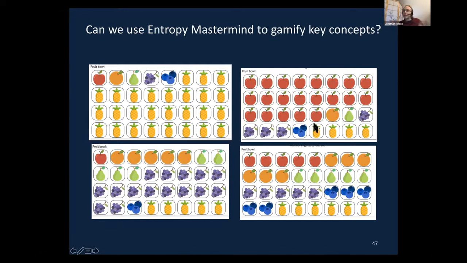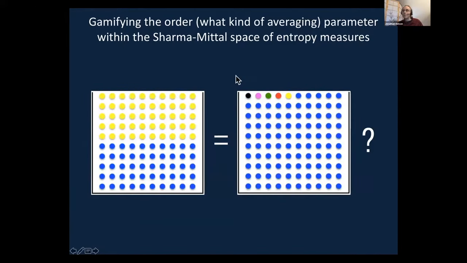So the idea underlying this work is that maybe this gamified means of presenting things might be enough to build an intuitive understanding of some of these ideas about probability and entropy, even with young-ish, say 7 to 9-year-old children, before we would think about introducing ideas about probability or information theory explicitly.